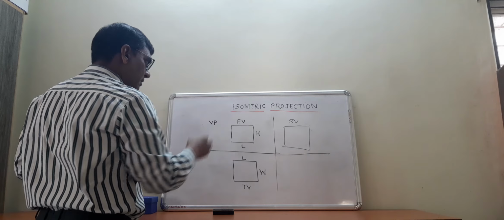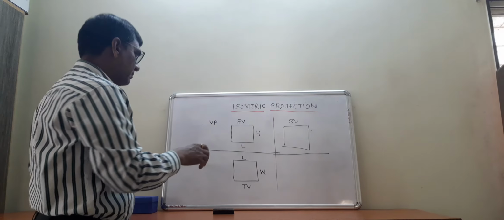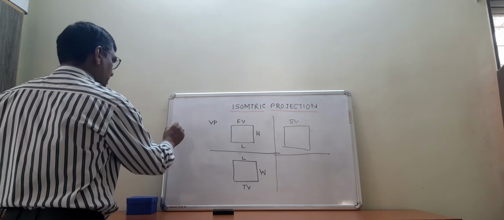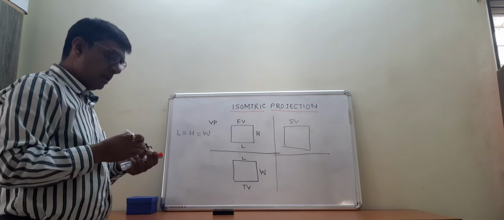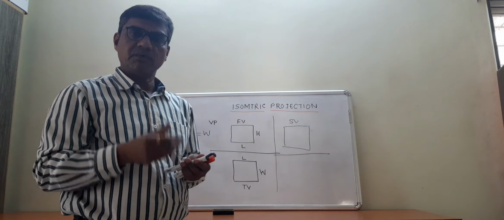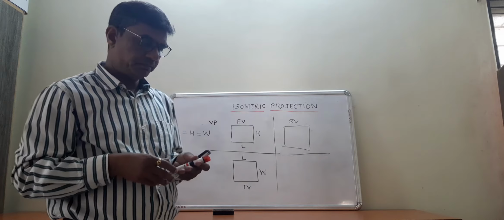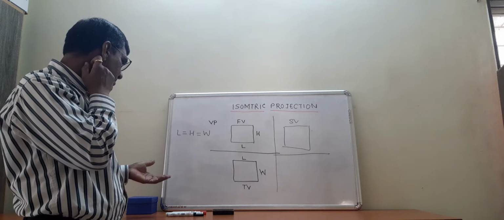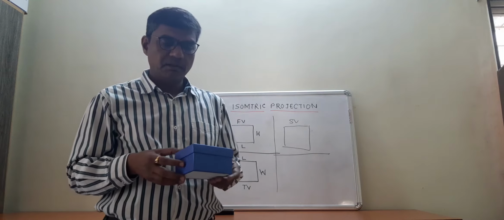Well, now by looking at these three views, one can easily understand that if you look at the proportional dimensions of length, height and width, these are seen almost equal. So when length, height and width are all equal, one can easily identify this object, it will be a cube. It is nothing but a cube. Now how the three-dimensional picture of the given object can be seen with the help of a cube, I will try to explain with the help of this simple box.